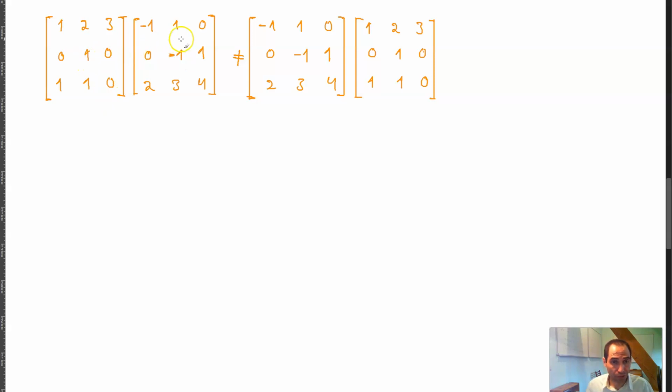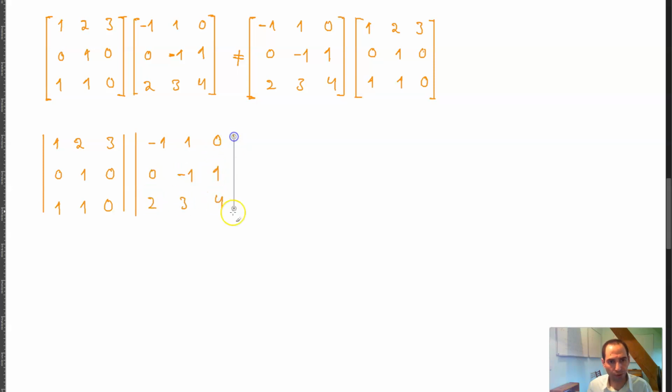Now if you start with the LHS, you have [1, 2, 3; 0, 1, 0; 1, 1, 0] and multiply it by this matrix [-1, 1, 0; 0, -1, 1; 2, 3, 4]. And as long as we have determinants in this chapter as well, I'm not going to write these. Okay,